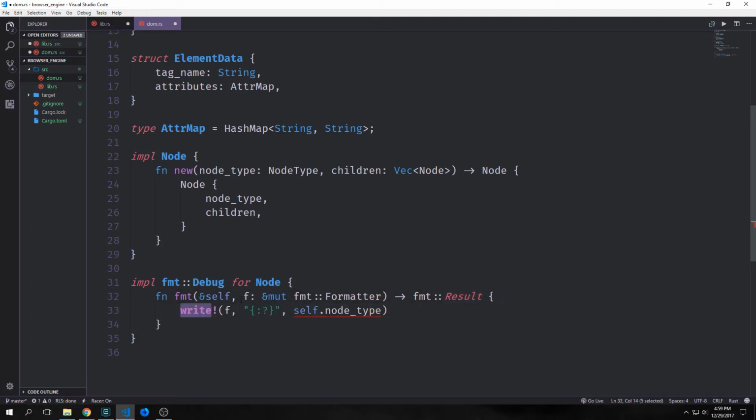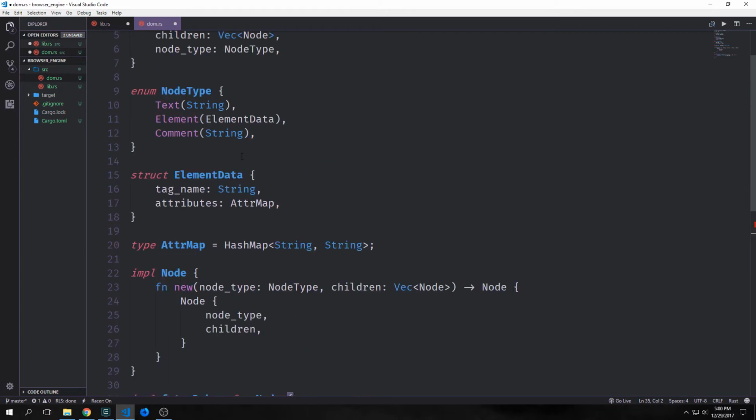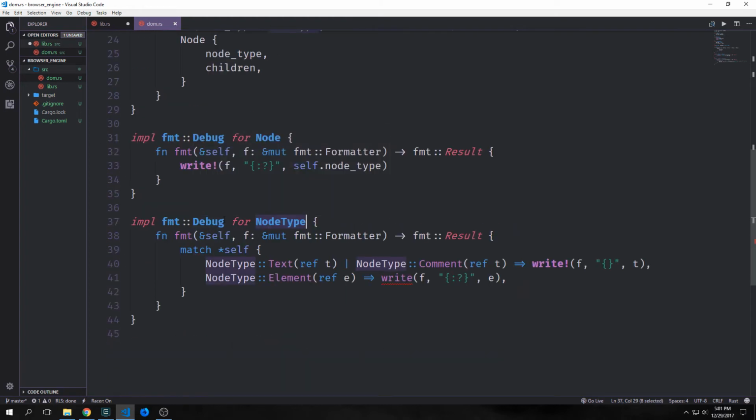And then we'll just simply call our write macro, put in f, then put in a debug flag, and then call self.nodeType. So this will print out the actual node type. Now this is throwing an error, and that's because debug hasn't been implemented for our node type enum either. Our implementation for debug for our node type will simply have our fmt function match on self, and for node type text or node type comment, it will be just writing it with a simple write statement,